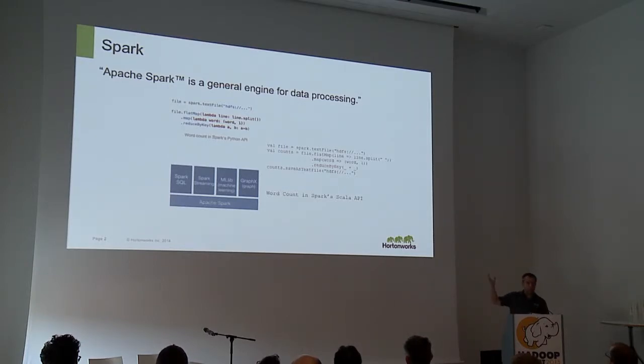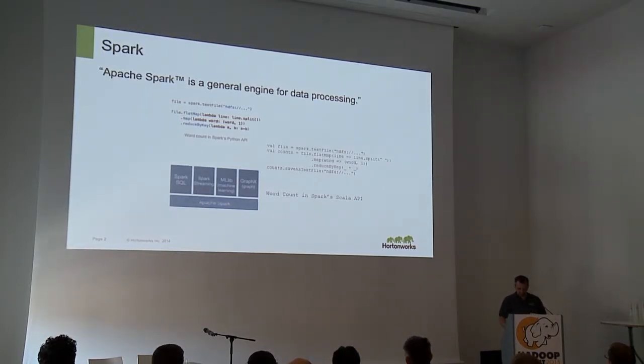When you look at this code that expresses your typical word count, and you compare it to 50, 60 lines of code to do it in Java in the old MapReduce API, of course, there's no competition. This is definitely a better option. This is really the primary attraction of Spark right now, because at the end of the day, we have a variety of different products that work out of the box, but when it comes to customization and specialization, it comes down to the developer. We have to write some code, and we want an API that allows us to do it more simply than the way we did it before. That's Spark in a nutshell.